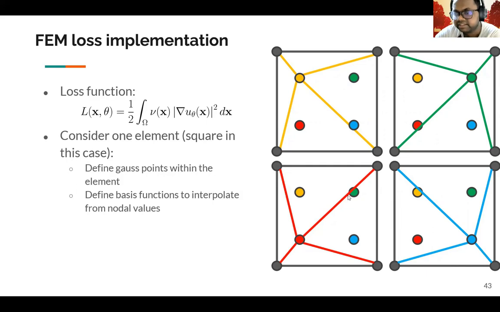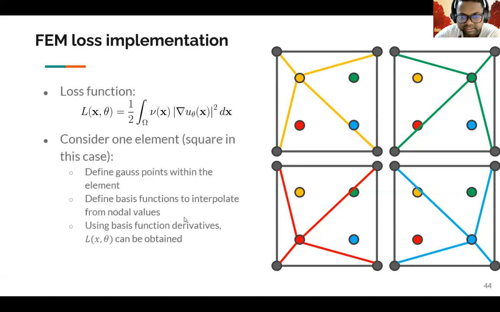Now once we define these basis functions and we perform the interpolation, we also need to perform interpolation of the derivatives. Now, we do not have the derivative for u theta itself. We don't have derivatives at these nodal locations. However, we do have the derivatives defined for the basis functions itself. Since we have derivatives for the basis function defined, we are assuming that within the element, u is nothing but just a linear combination of some x derivative of x times the basis function values. Now we can perform an interpolation to compute those derivatives at these Gauss points as well.